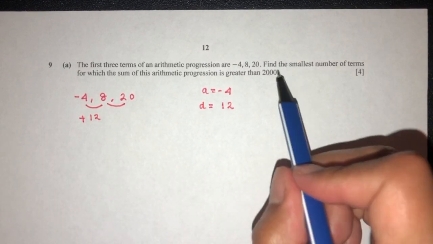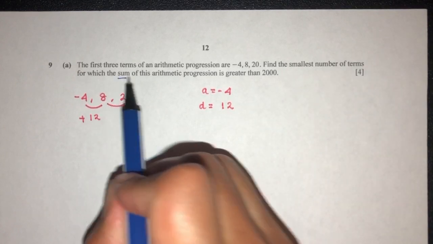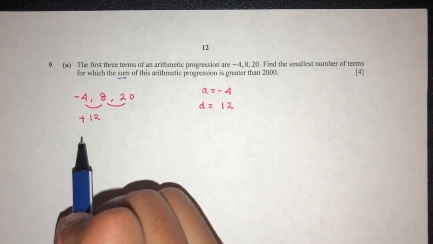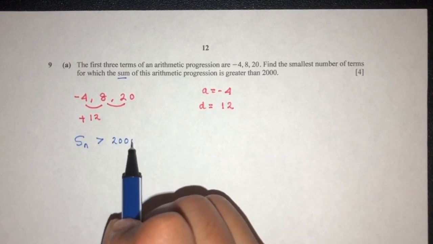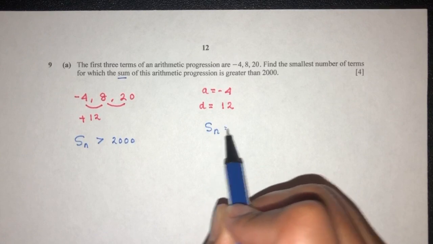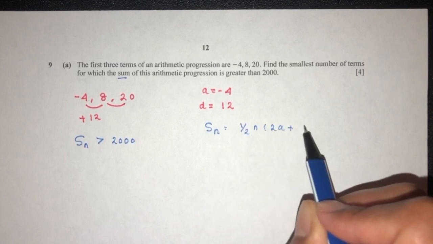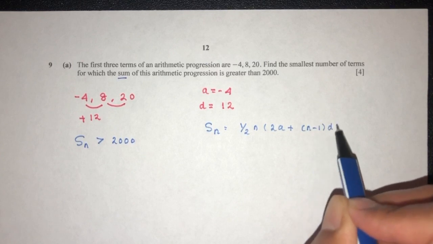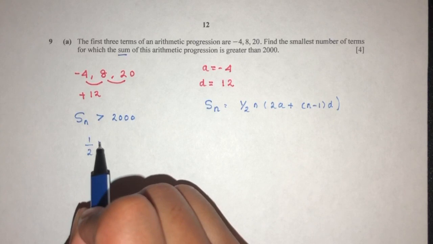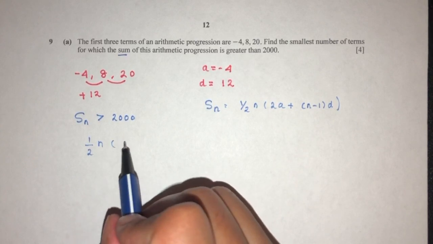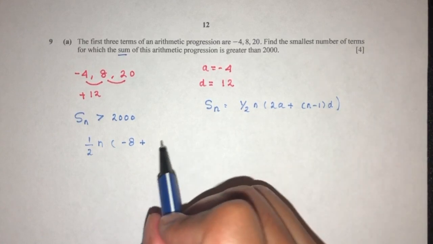Now, find the smallest value or number of terms, which is the value of n, for which the sum of the AP is more than this. So the sum of the n term have to be more than 2000. Now we know that the sum of n term is given to you by half of n times 2a plus n minus 1 times d. Replace back in the equation right here. You have half, and we don't know n. 2 times a will be -8, plus 12 times n minus 1,